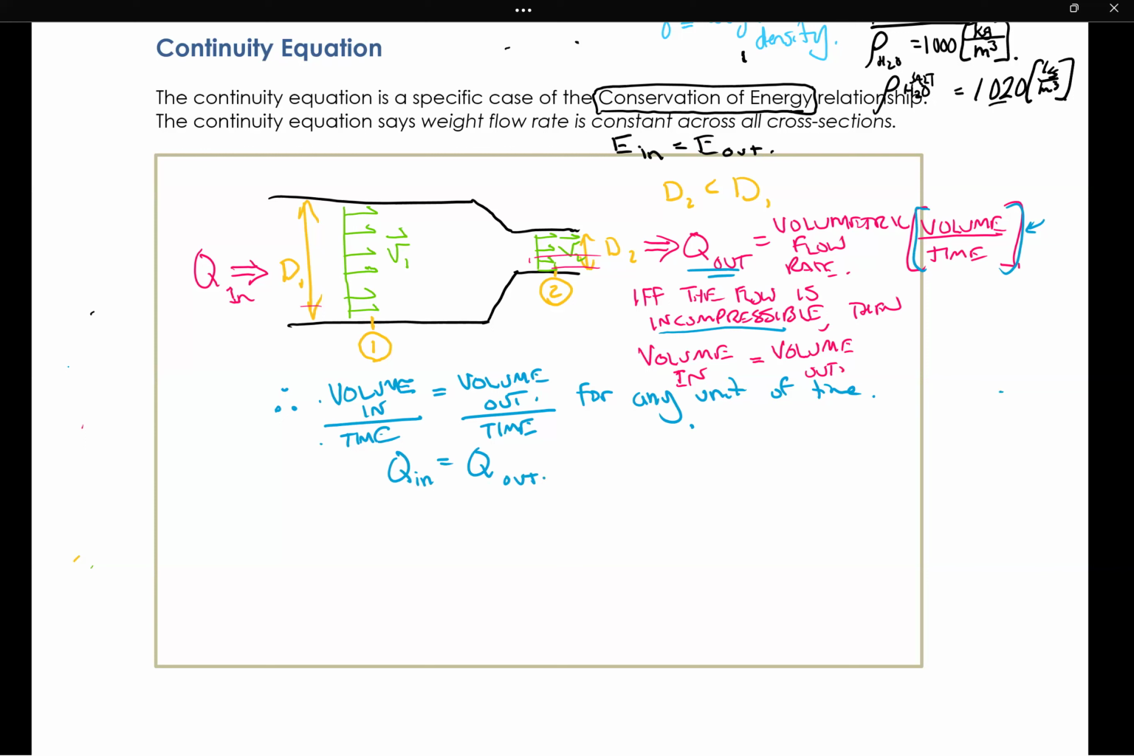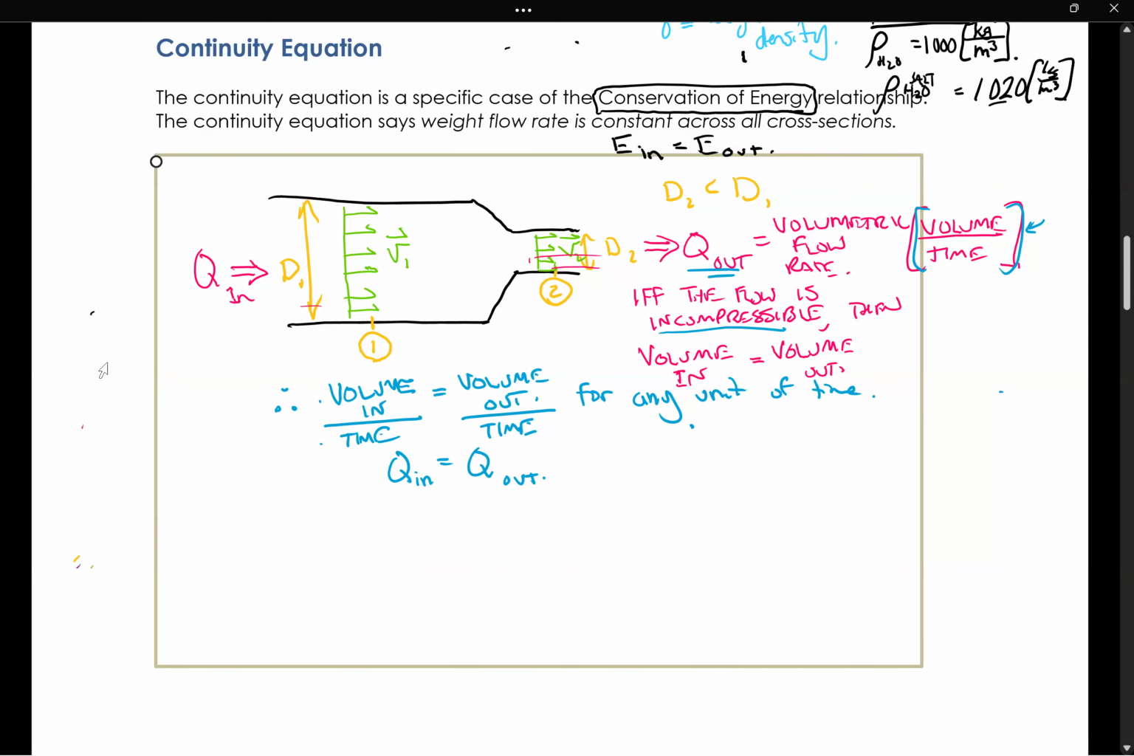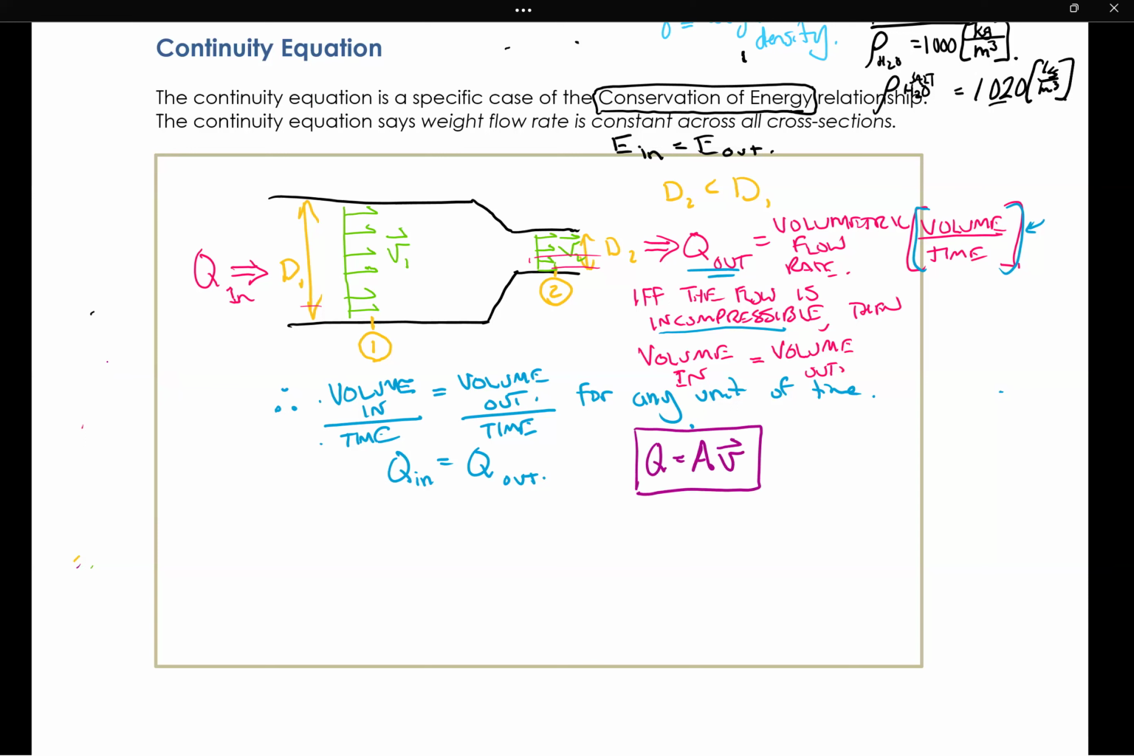So what is the volumetric flow rate in? We might remember the definition of volumetric flow rate. Volumetric flow rate, Q, equals A times V. Why is volumetric flow rate Q equals AV? In meters cubed per second, usually, but it can have other units of volume and time. Why is it that? Because what we are looking at, Q equals